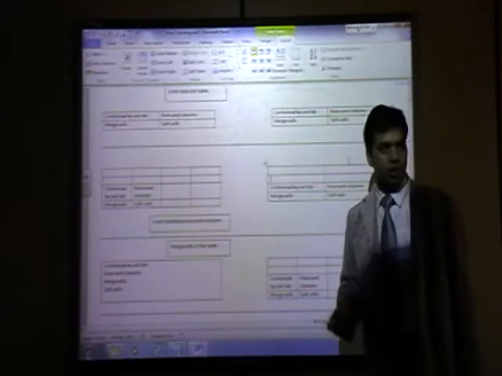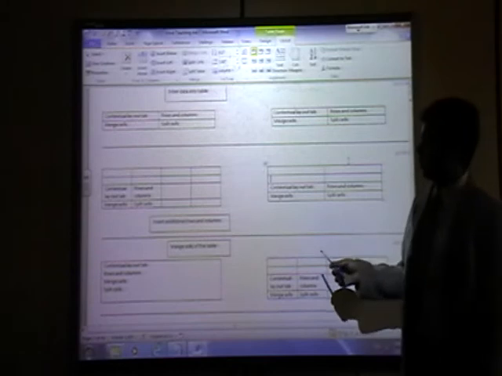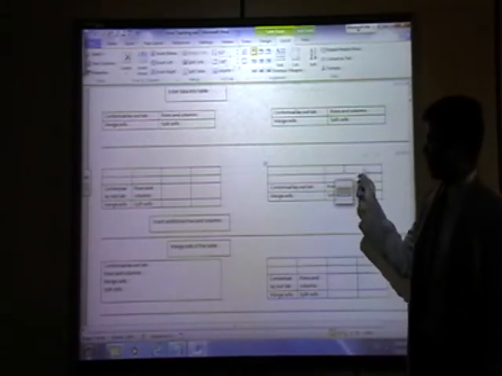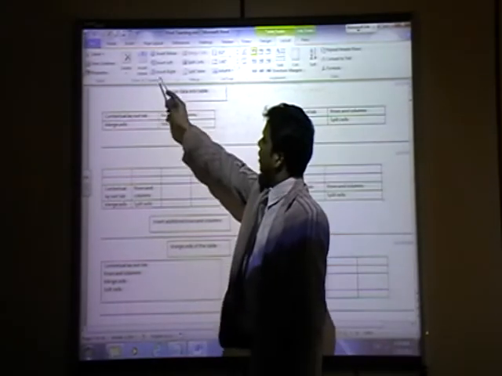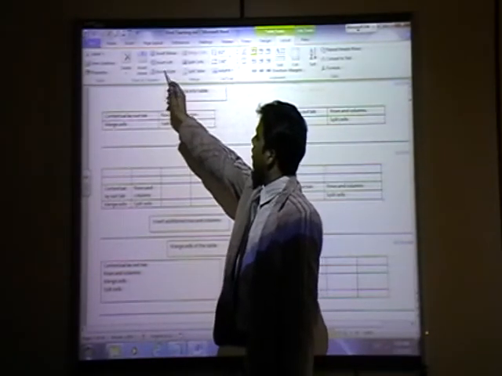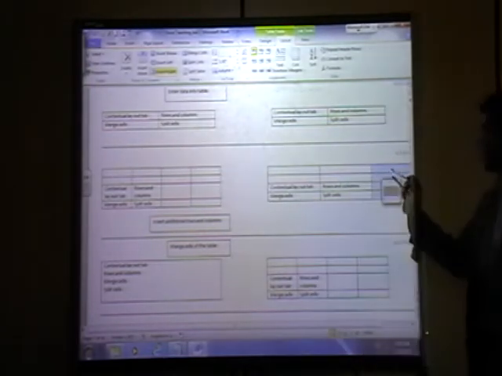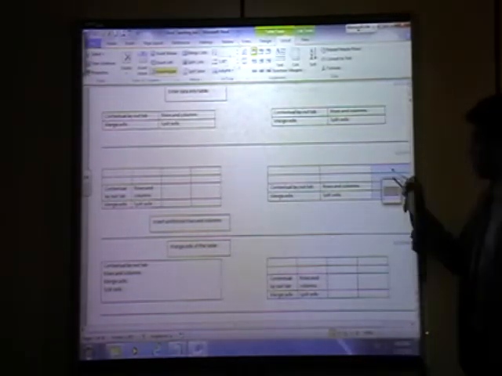Here are two more column we need to insert. What you will do, click here in rows and column, insert left, insert right. If you click insert right, automatically one column will come.